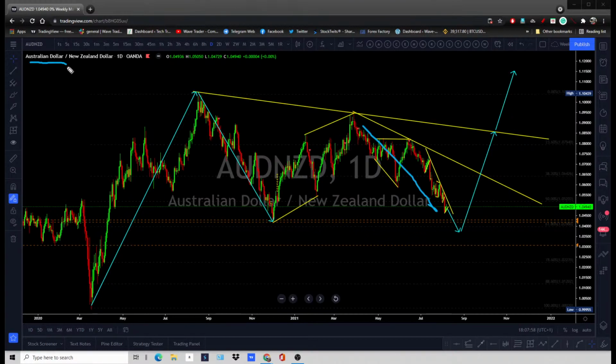Again, there is a divergence between these two central banks. The Australian central bank is still dovish, and the New Zealand central bank is giving some signs that they're going to wind up their QE program and tighten their policy, which is causing this drop, this lag lower. Highly likely we're going to see the Reserve Bank of New Zealand also follow the other major banks. They are not going in a different direction than the others. Definitely they're going to follow the bigger banks.